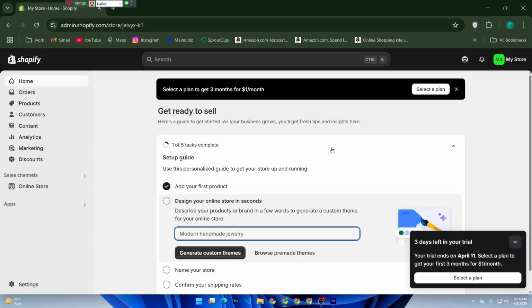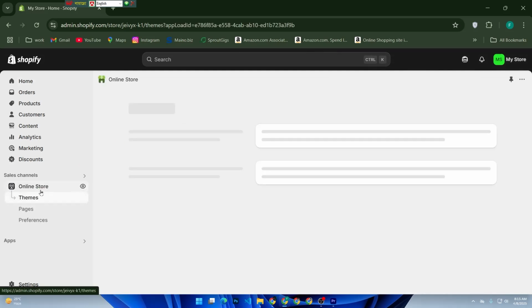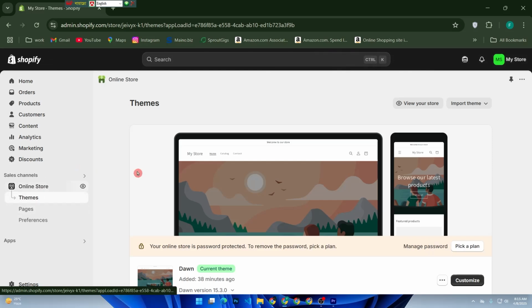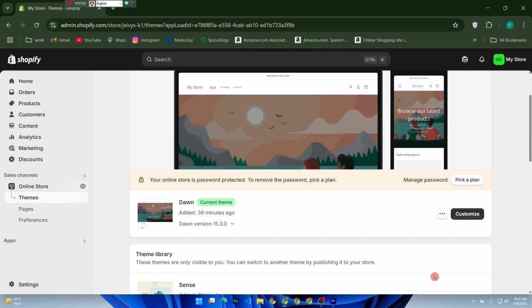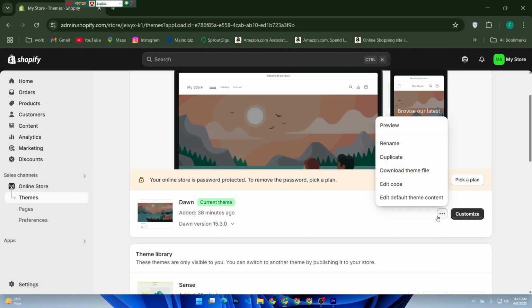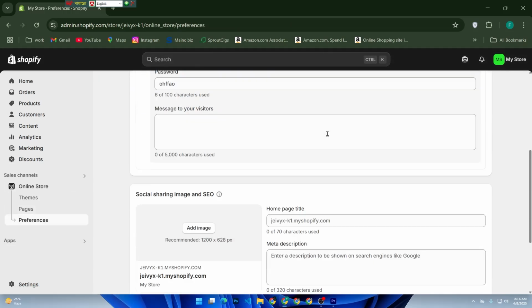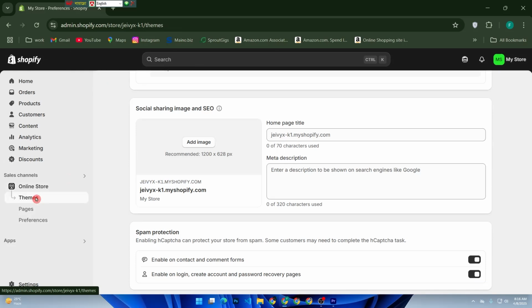First of all, log into your Shopify admin from your dashboard. From your dashboard, click on Online Store on the left, then choose navigation. Here you will see your existing menu typically. Then click themes,